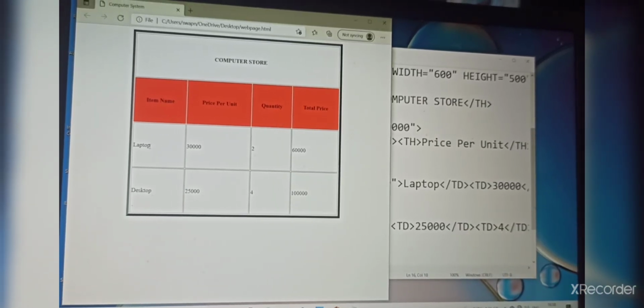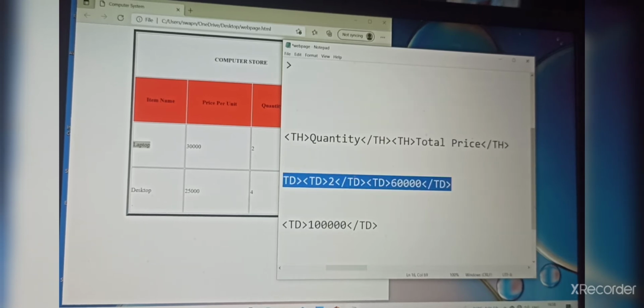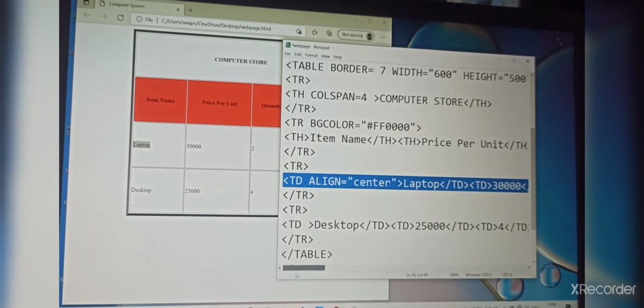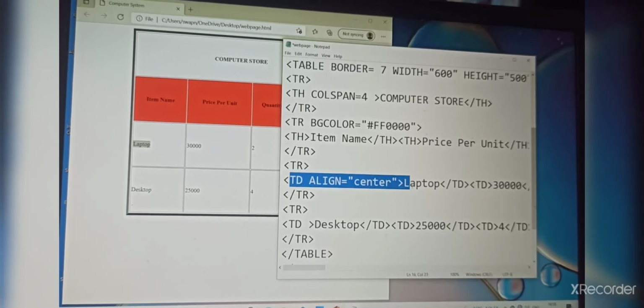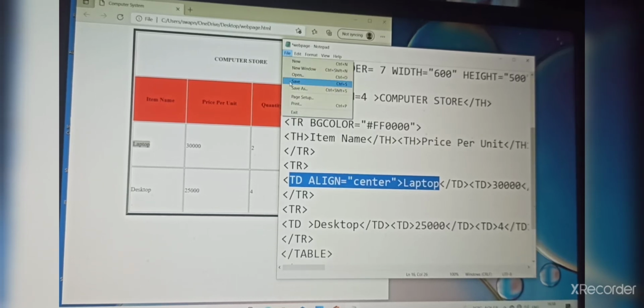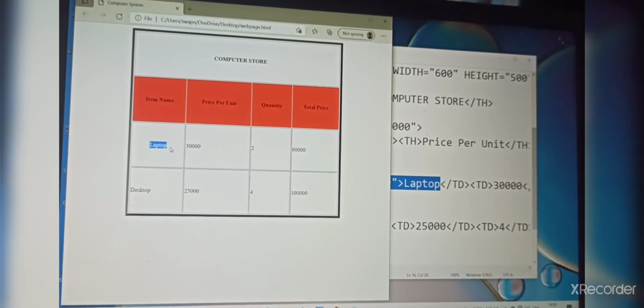The laptop is left aligned by default, and in that cell we write TD align equals center, to the laptop cell. Now we will save this. Now see, can you see that laptop will become centered? This laptop will come in the center.